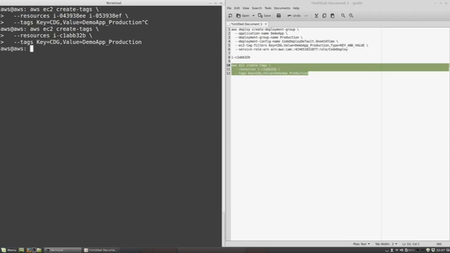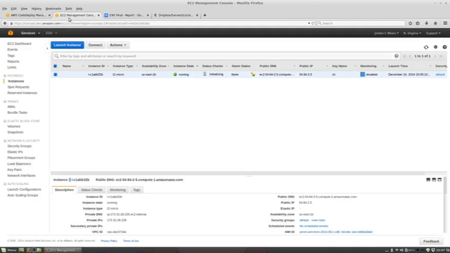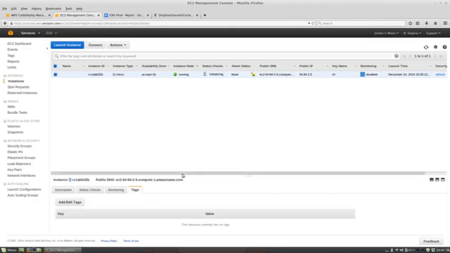This doesn't actually give you any output to show that it succeeded, but as long as there's no error, that means it worked, and you can check on it by heading over here to EC2, taking a look at your instance, and then hitting tags. And if you look down here at the bottom,